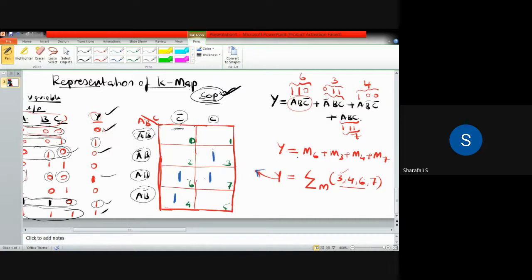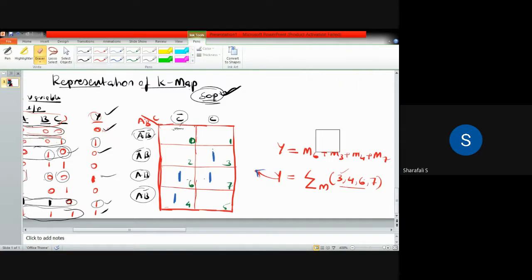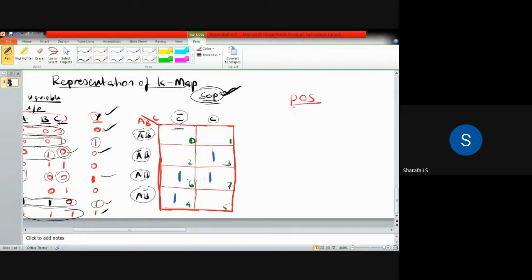In the same way, you can also represent things in POS form. So let's consider that. I will just erase this SOP form now. If you consider POS form, we'll discuss how it is going to change. So in POS form, for example, you have the output Y equal to (A plus B plus C) into (A plus B bar plus C bar)